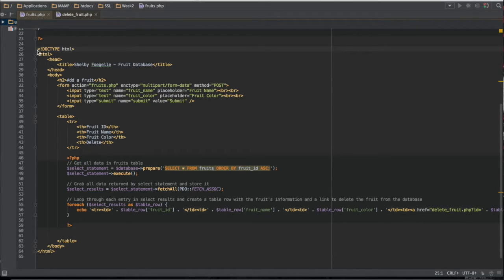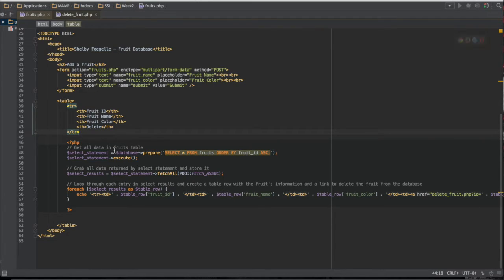Below the form we have a table with headers already added. We'll add the rest of the table rows with PHP. And with that, that's how we display all of the fruits in our database. So to do that,